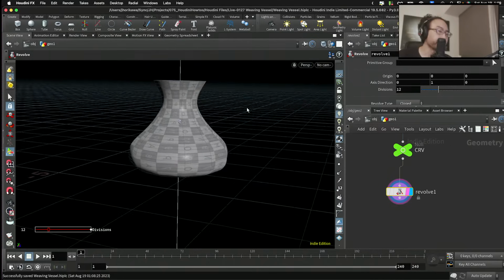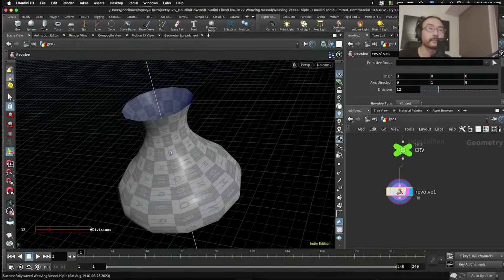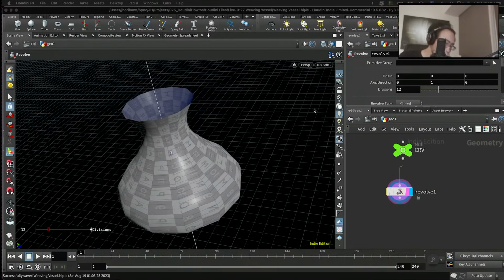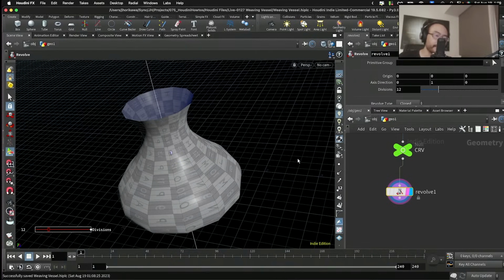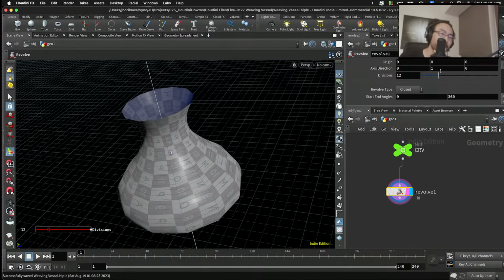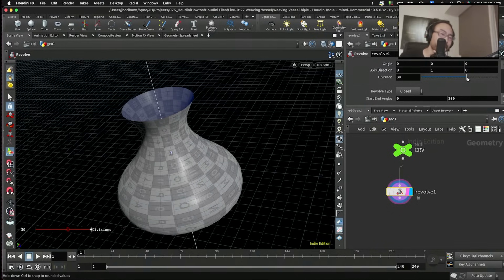Now let's see what to do next. Now I am going to try to create a voronoi pattern. Well, let's also make this a little bit high res by making the resolution a bit higher. Okay, so